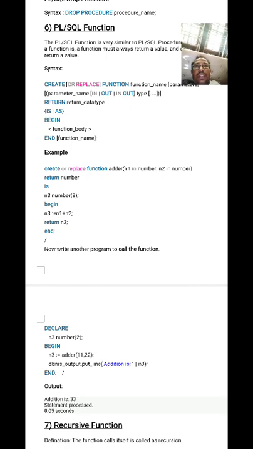RETURN: after execution, finally what it returns, again a number. Number is the data type, not the variable. So finally it returns the number data type. IS n3, where you can store the result after addition, so we take one variable n3 also. See in this one, BEGIN n3 is equal to n1 plus n2, RETURN n3, that's it. Immediately it returns after finding that sum. Whatever values you pass into n1 and n2, it stores the values and returns the n3 value, right?